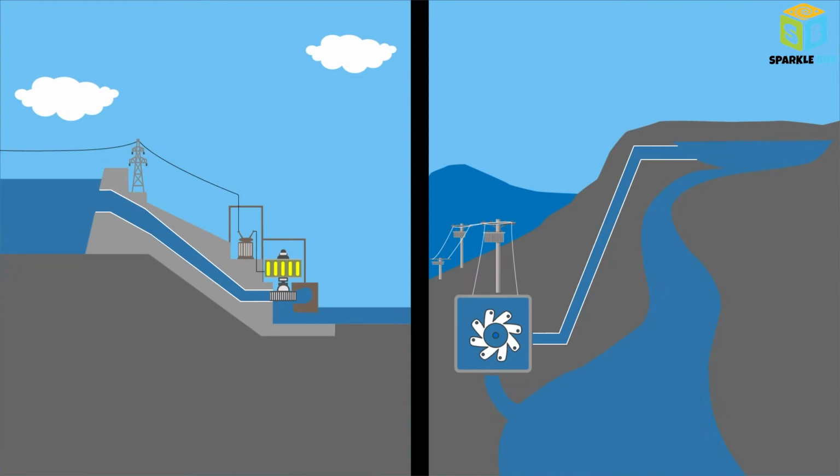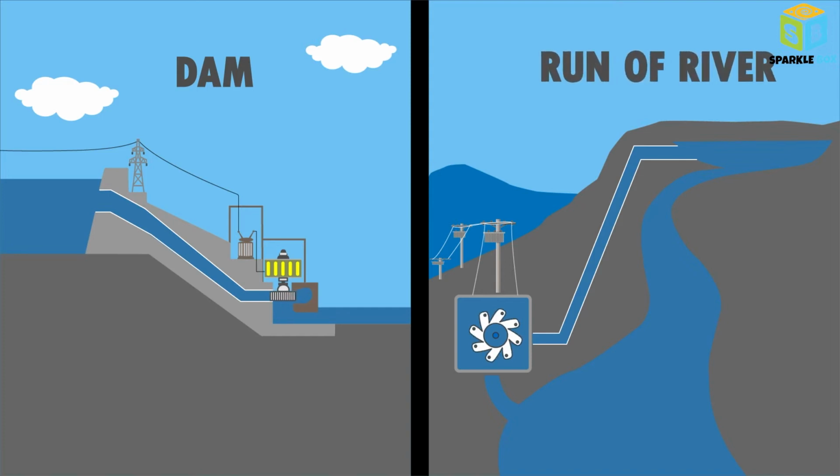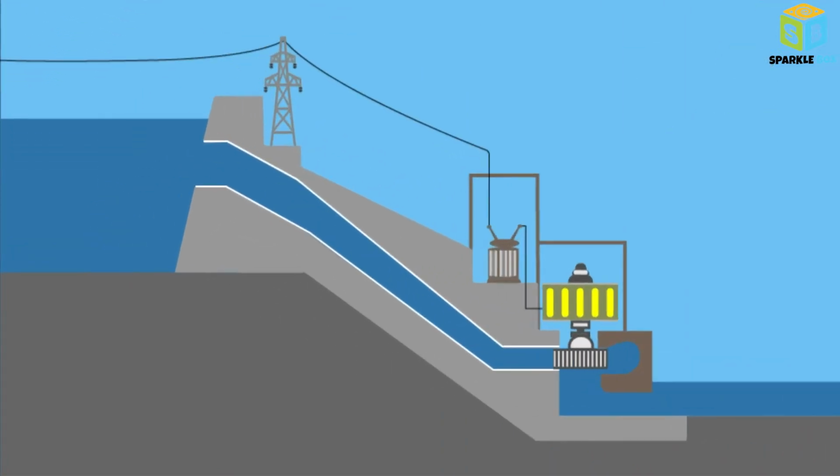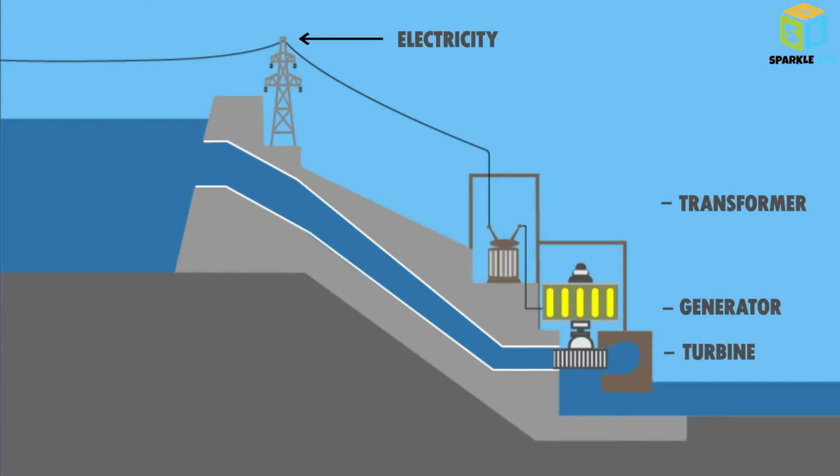There are two main types of generating electricity using water. One is hydroelectricity production dams and the other is run-of-the-river. Hydroelectricity production dams use the potential energy of dam water to produce electricity. A dam is a barrier that stops or restricts the flow of surface water or underground streams. They help to raise the level of the water and control its flow. The elevation created by the dam creates a gravitational force for turning the turbine when the water is released.